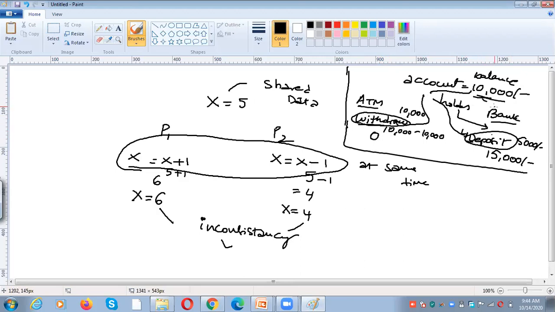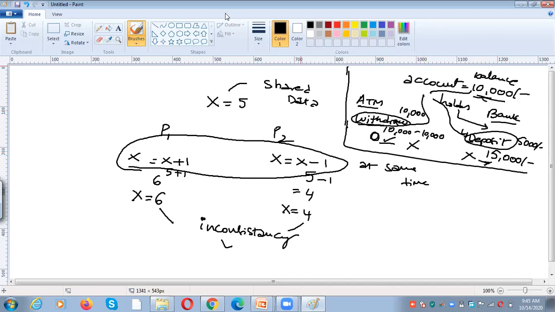If you deposit, it will be added to the balance. Here the account balance is zero, because 10,000 minus 10,000 is zero. Here the account balance is 15,000, because 10,000 plus 5,000 is 15,000. Which one is the correct one? Both are wrong.